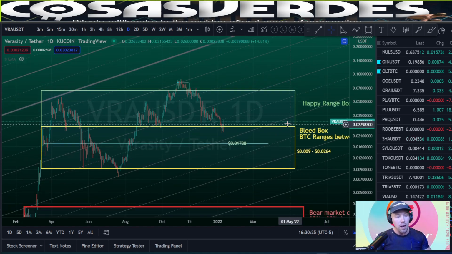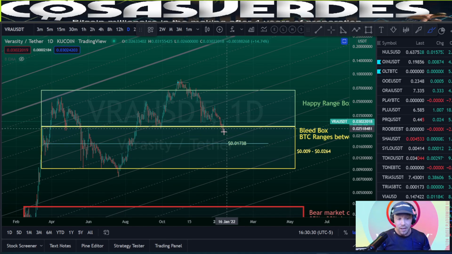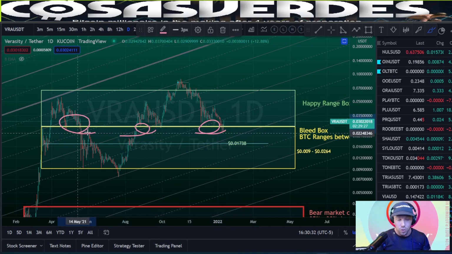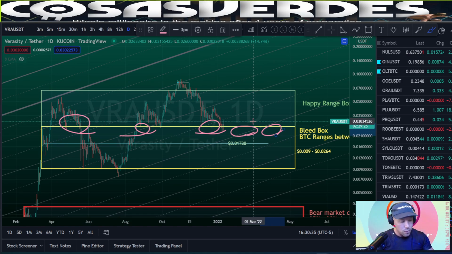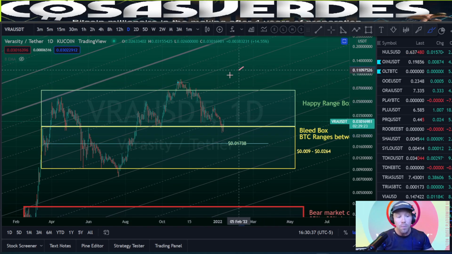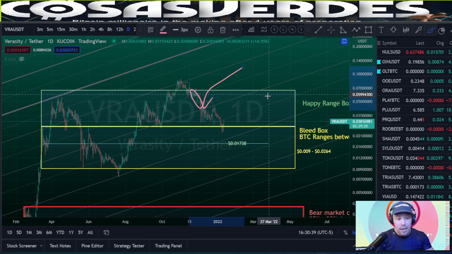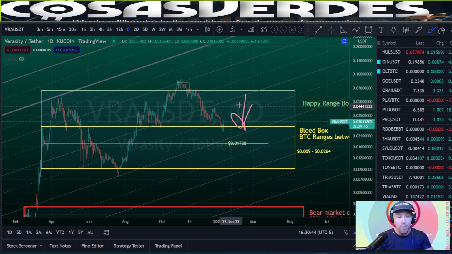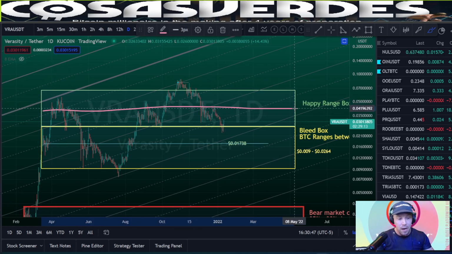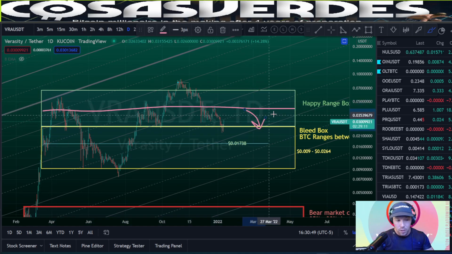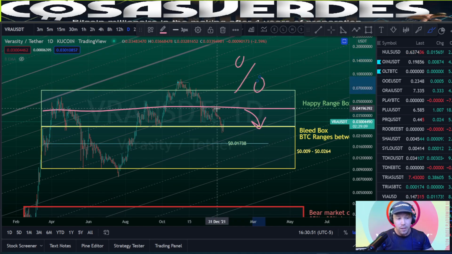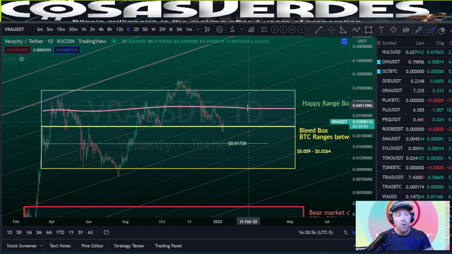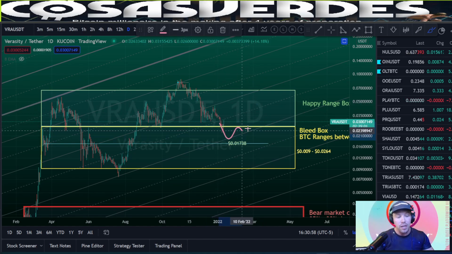All right, so if Bitcoin is roughly in the middle of its box, which it is, then you could essentially consider this the point of control. If Bitcoin's close to the point of control, so will this most likely. However, that still means that Verasity will bleed because the moves down are bigger. It will lose more value. If Bitcoin goes from the middle of this green box to the point of control in the middle, that percentage is smaller than what the percentage would be for Verasity, which is why I'm anticipating, as you know, if Bitcoin just stays in that range, altcoins are going to keep bleeding and bleeding and bleeding.